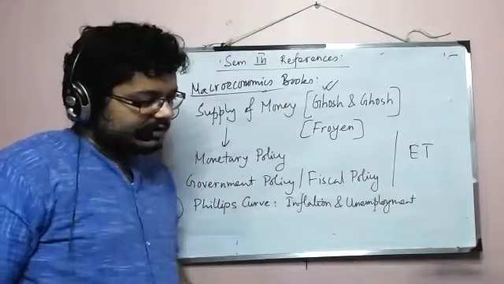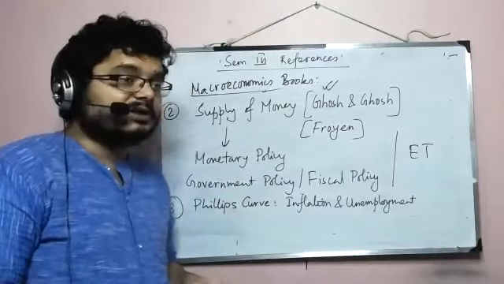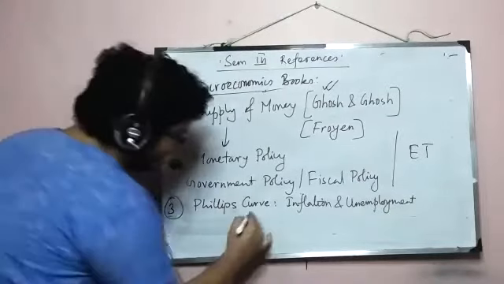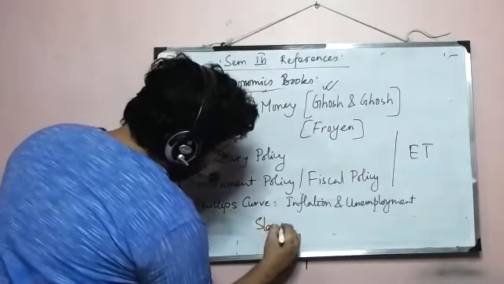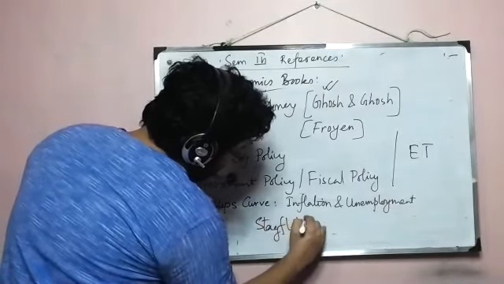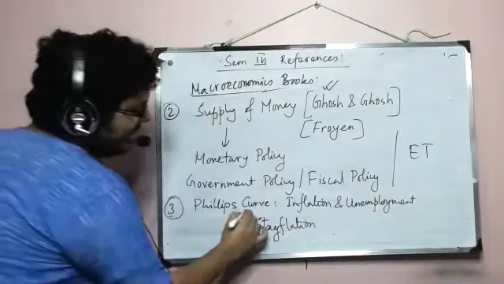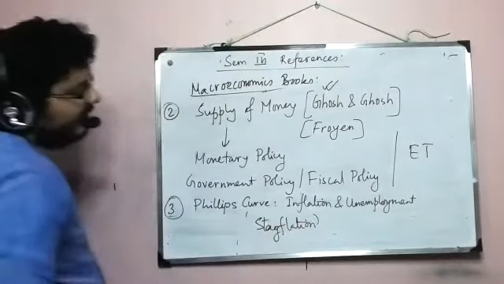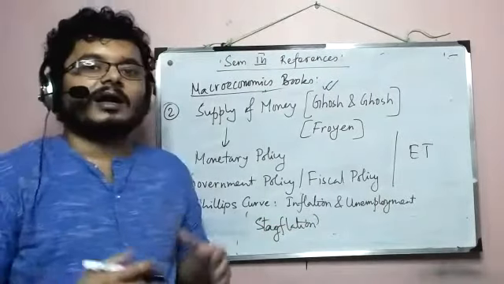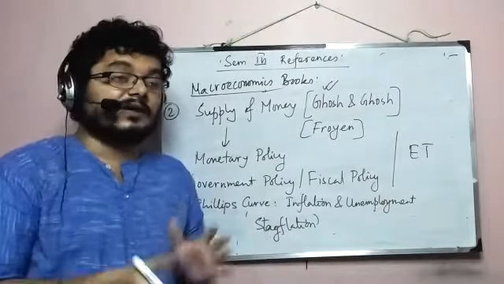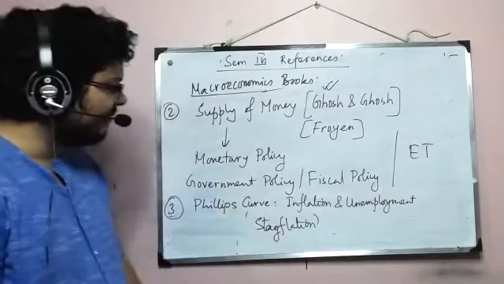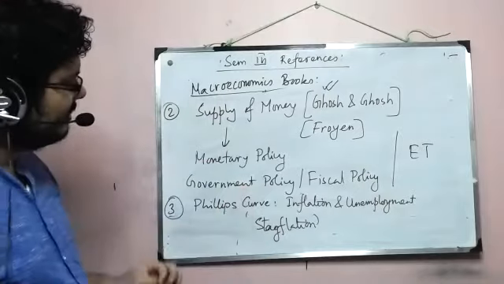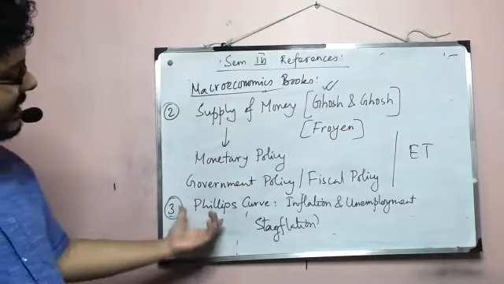And there are some cases when you have both, which is quite dangerous. That is called stagflation. Okay. That is stagnant inflation: an economy which is characterized both by high inflation and a higher rate of unemployment. That's a very difficult situation to control. Okay, so we'll talk about that at a suitable time. But anyway, so Phillips curve.